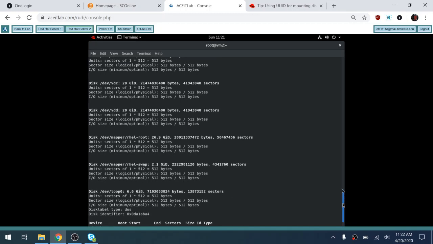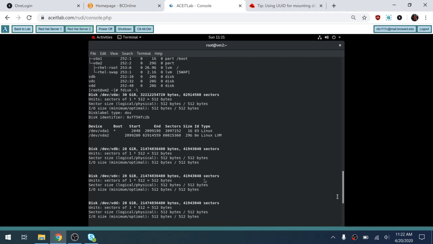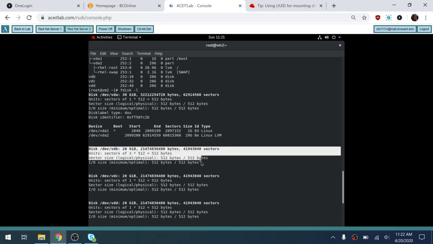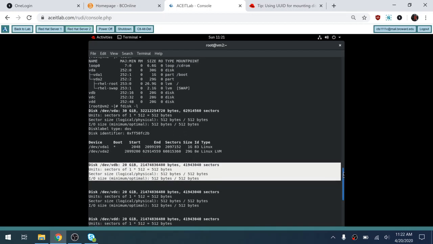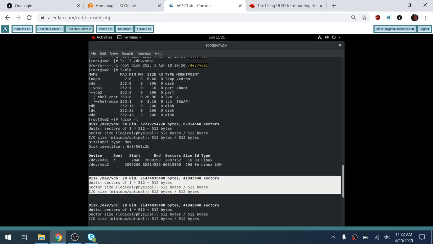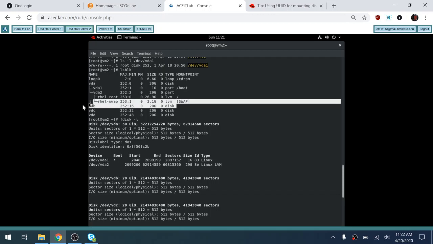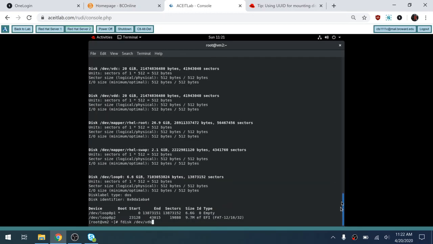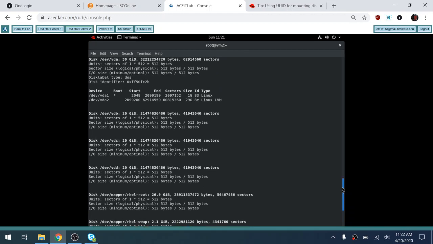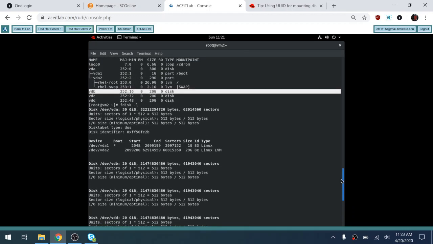So if I scroll up here, I can see that that disk has no partitions on it. Also, if I look at list block, I can see again that that disk has no partitions on it. Right there. So if I do fdisk -l, it just shows me